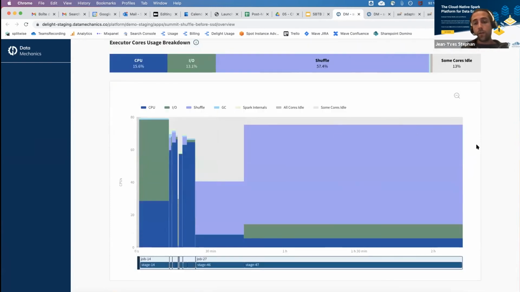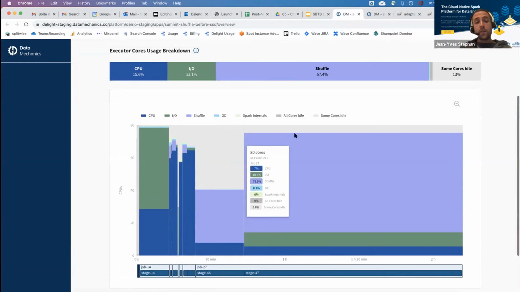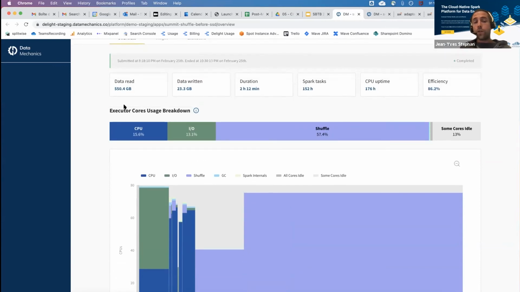And shuffles are pretty expensive phases of your application where you exchange data across the cluster. You want to minimize shuffle. And here it was very clear that shuffle happened during stage 46 and 47. What we recommended is, when you shuffle a lot of data, the bottleneck can actually be the disk throughput, okay? Because you're going to be writing the data to the disk,